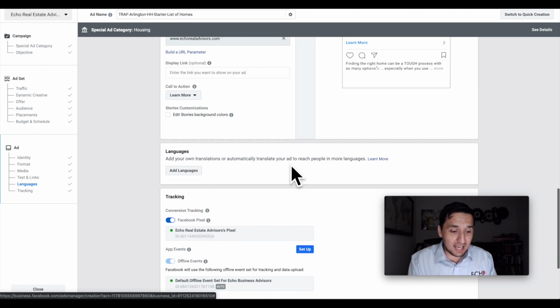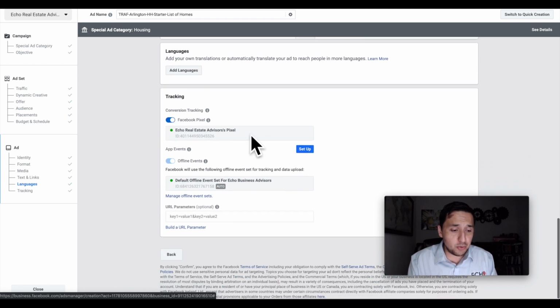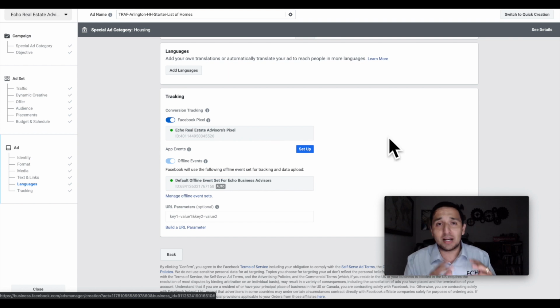All right, and outside of that, that is all you need. Just make sure that your pixel is up and running. You want to collect as much data as possible, because in the very near future, especially with the latest changes on Facebook, you want to retarget all of the audience that you capture. So without the Facebook pixel, you're going to lose that capability. So at bare minimum, install the pixel and use it later.